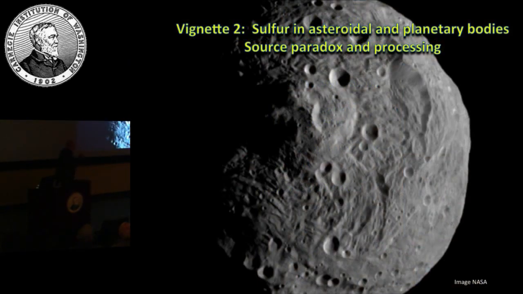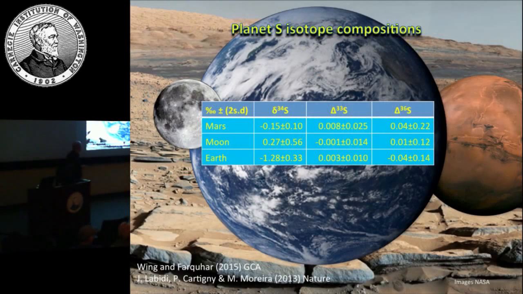Now this is a picture of the South Pole of Vesta, and it moves me into the next part of the story, which is another developing area where we're working, where there are some interesting aspects that have come about. I talked about trying to constrain the juvenile composition of sulfur. One of the goals that we have had is trying to understand what the compositions of the materials in the inner solar system were.